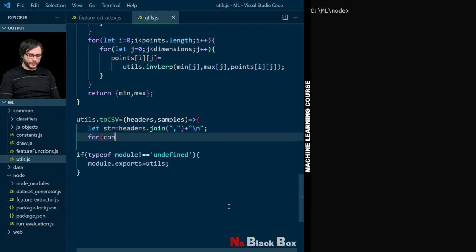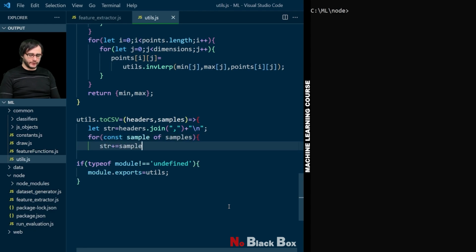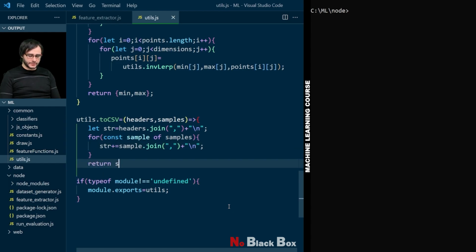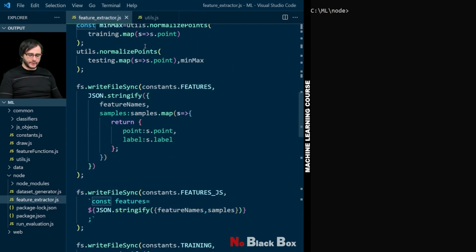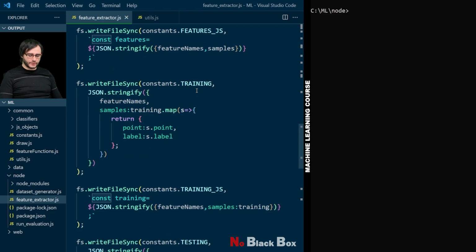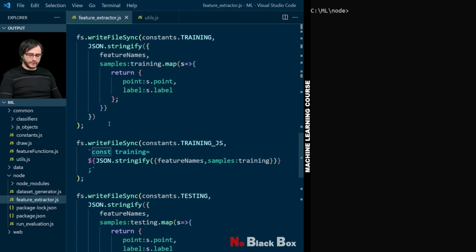We then loop through all the samples, and we do the same thing for each sample, separating the feature values by a comma as well, and a new line at the end. Let's return this string, save the file, and in feature extractor.js, let's go where we are writing the training data